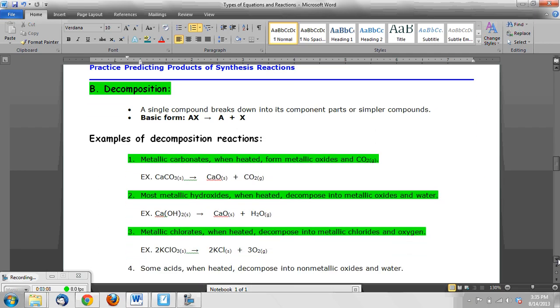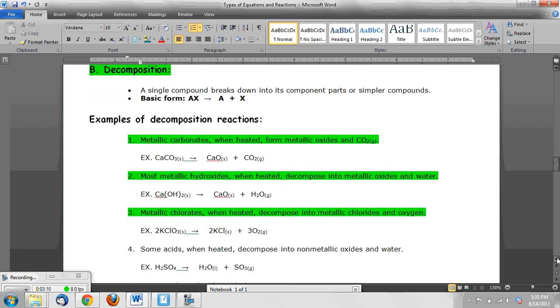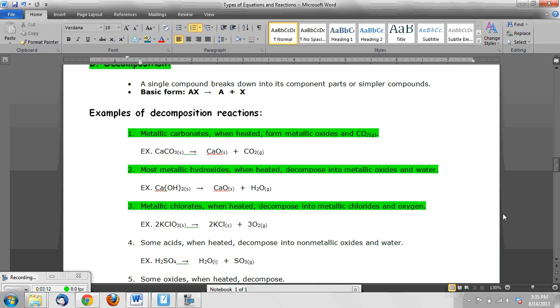With decomposition, you need to know these three top ones specifically that I've highlighted in green. Carbonates are going to be, when they're heated, and technically I should have a little triangle over top of this yield sign to indicate that it's being heated. But all carbonates are going to break down the same way to make a metallic oxide or metal oxide and